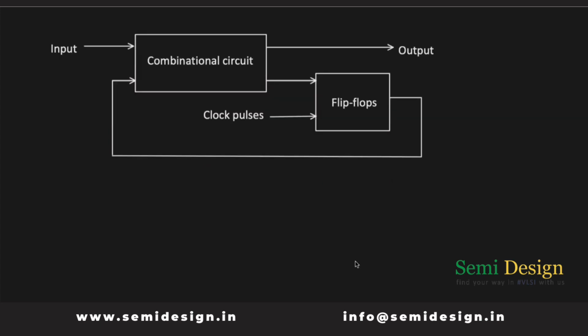So as seen from the block diagram, a sequential circuit has a feedback path. This is a sequential circuit, or a combination of a lot of flip-flops. The output of this sequential circuit then provides a feedback path to the input of the combinational circuit. Consequently, the input of this sequential circuit or flip-flop is derived from that same output. How?